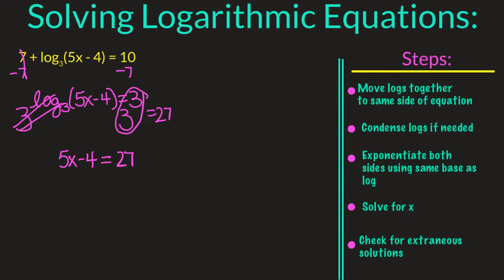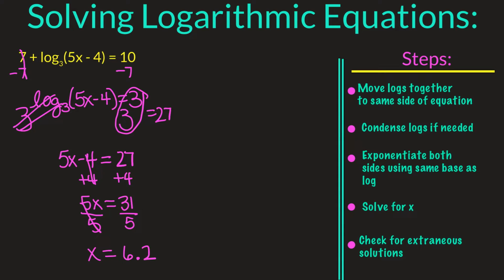Now all we have to do is solve for x. So we're going to add 4 to both sides. That gives you 5x equals 31. And then we divide by 5. So x is going to equal